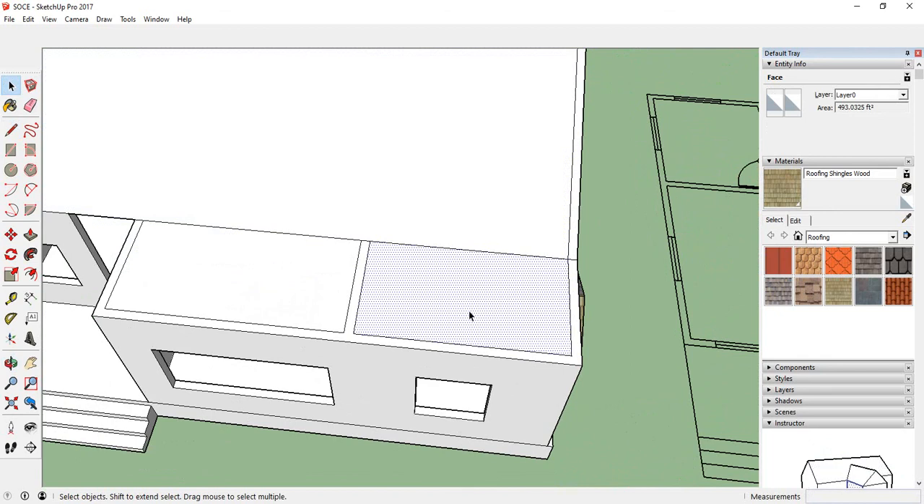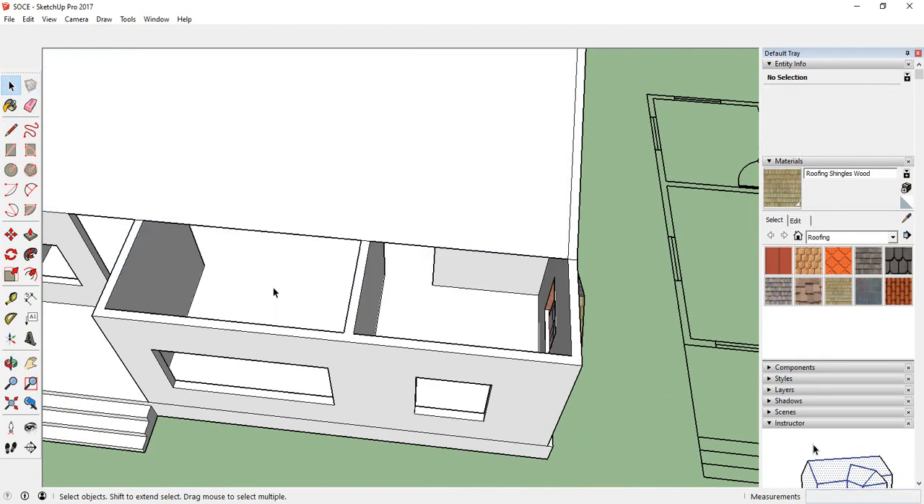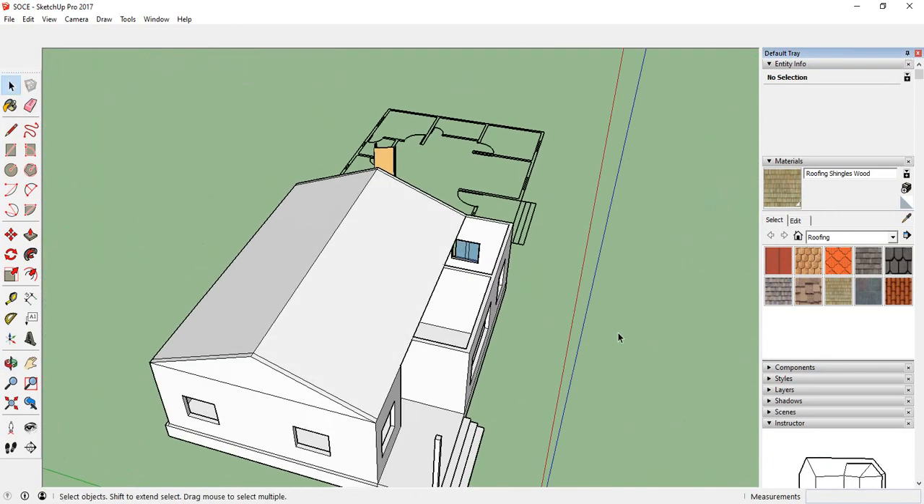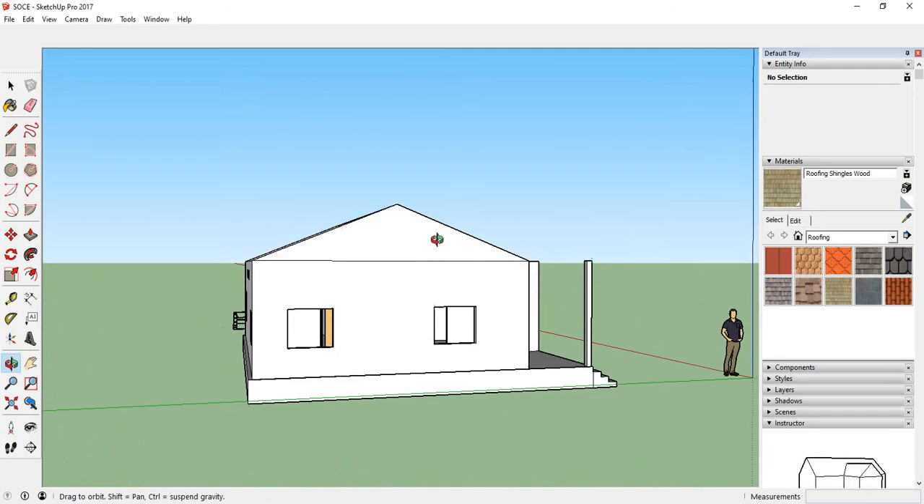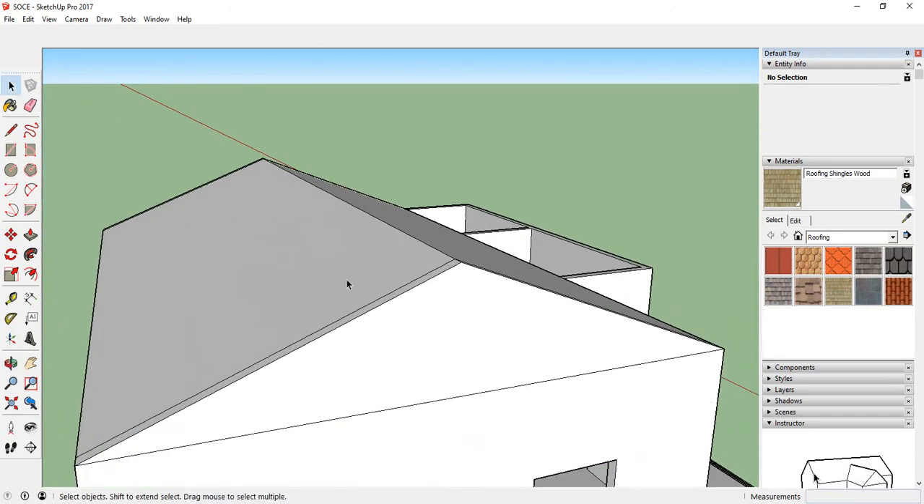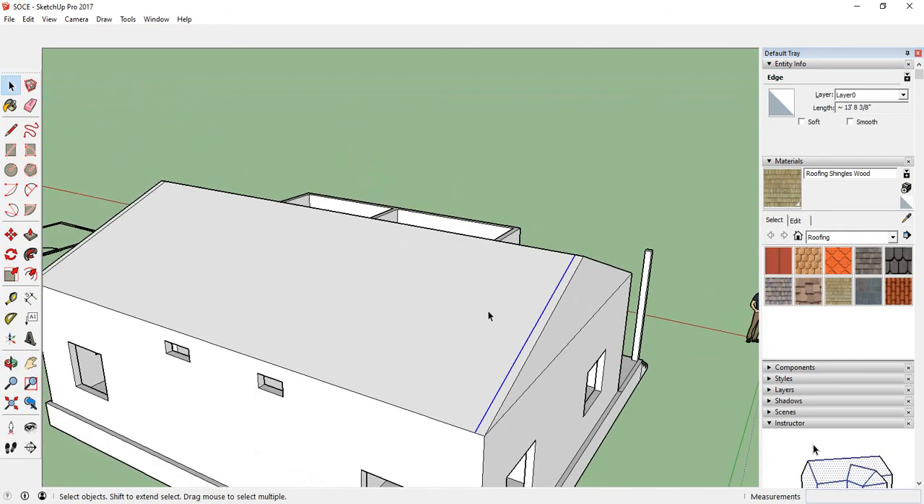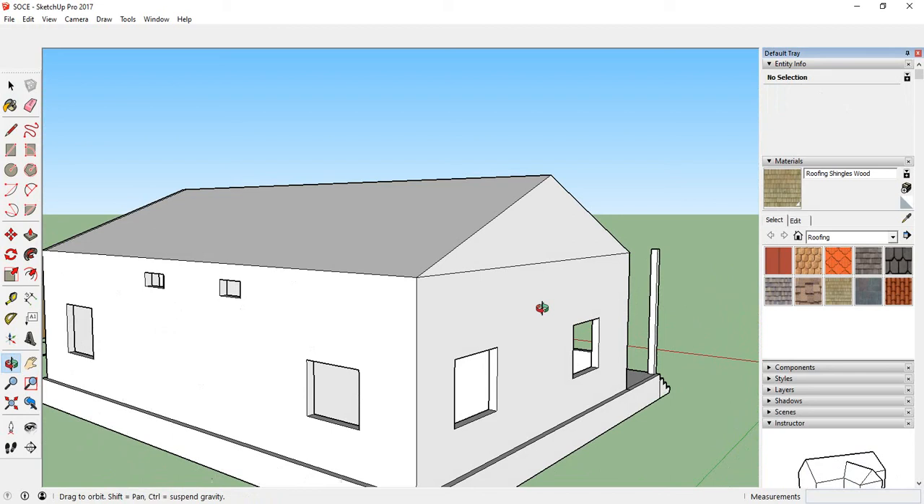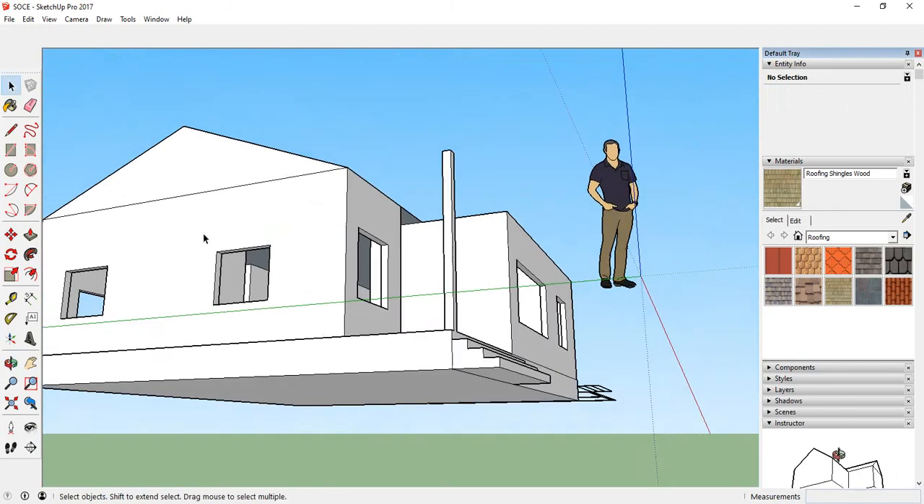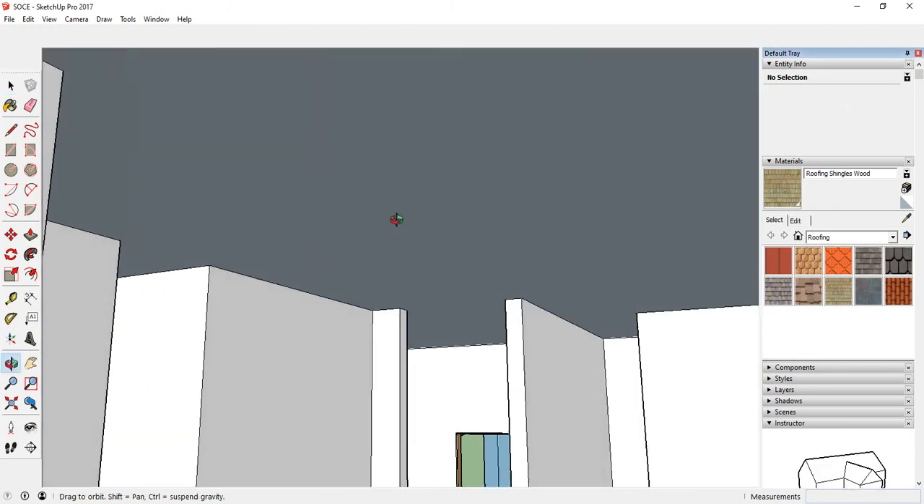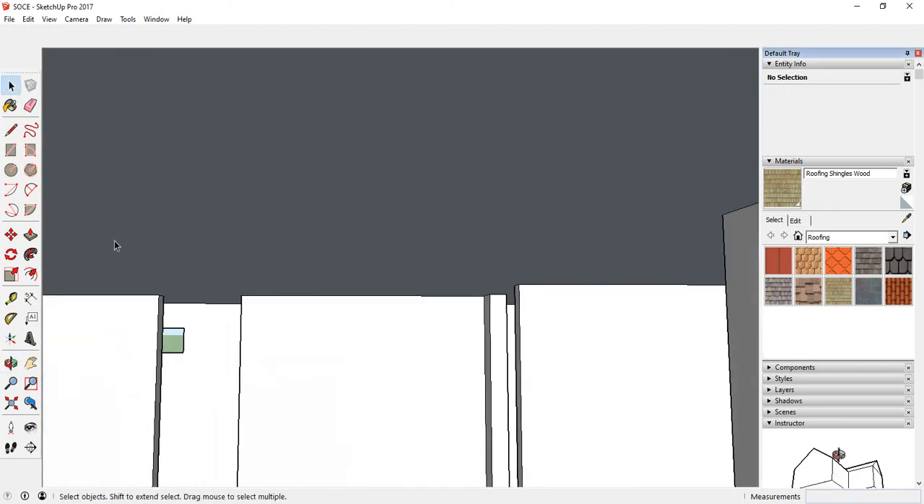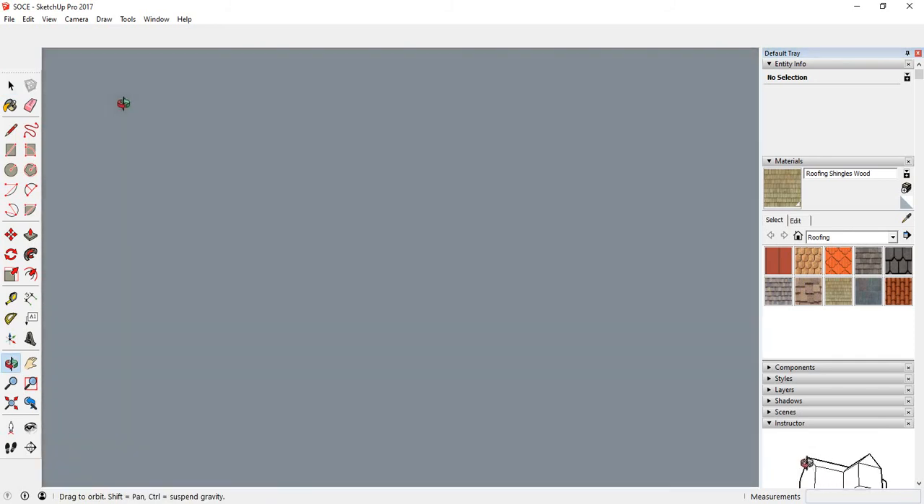And now I can select that point and delete, select that point and delete. Okay, so it's done. Now what I can do, if I just click here and click delete, and if I try to see that from inside,